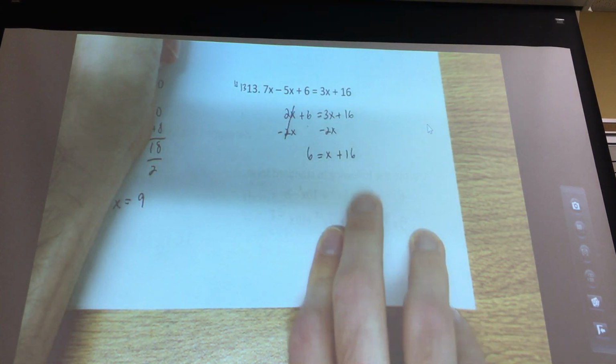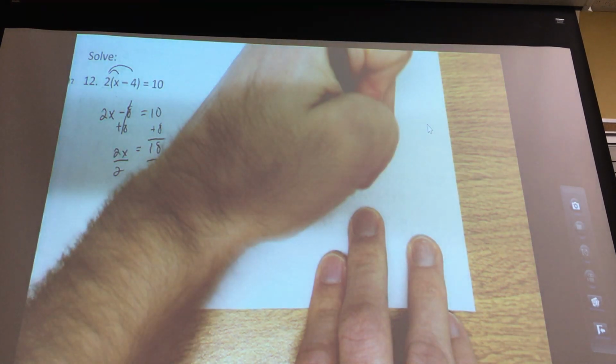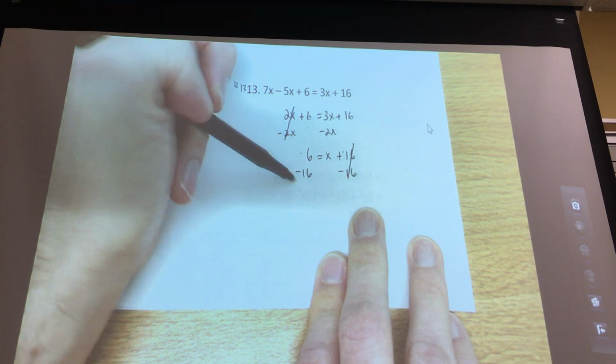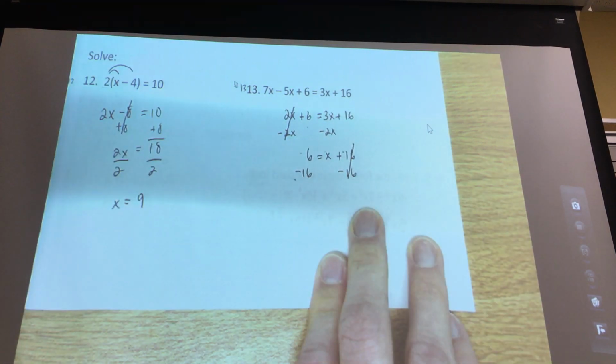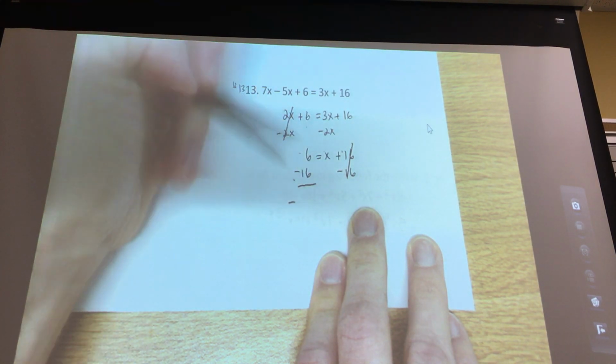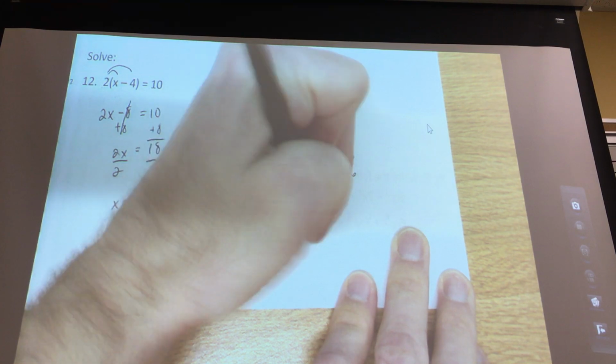Now we're going to look at our next step, add or subtract the constant. In this case, the constant is positive 16, so you're going to take that away. Take away 16. Now I start with 6 and I take away 16. So because you're taking away a bigger number there, you know your answer is going to be negative. And you simply subtract them at that point, 16 and 6, which gives you 10. So your answer is x equals negative